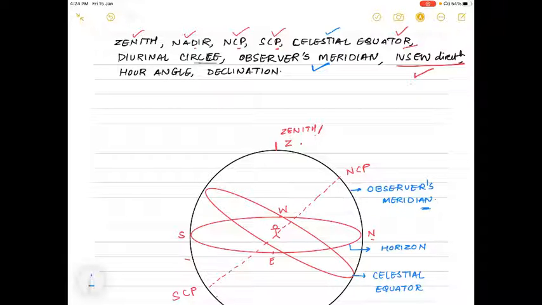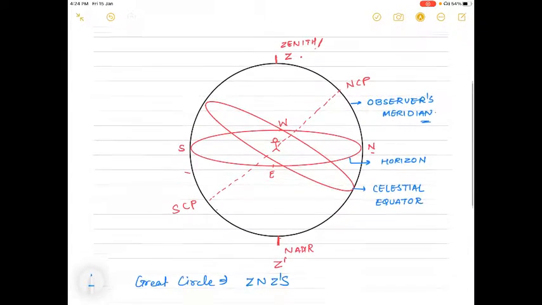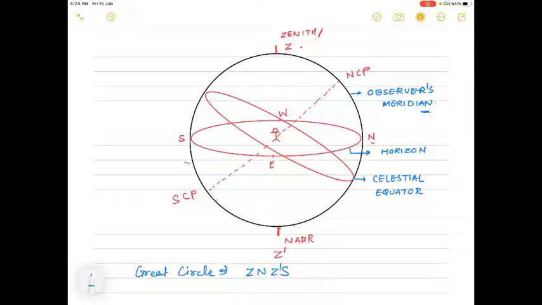Now what is remaining is the diurnal circle, right ascension and the declination. These are related to finding out the coordinates of the stars. Before finding the coordinates of a star, we should know these things, that is, what is zenith. We should be able to locate these on the celestial sphere: what is zenith, where is nadir, what are the north and south celestial poles, the north, east, south, west directions on the surface of Earth according to the observer, and the celestial equator.